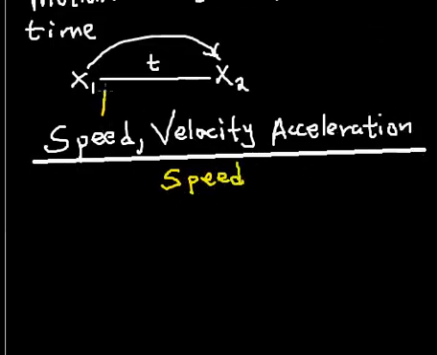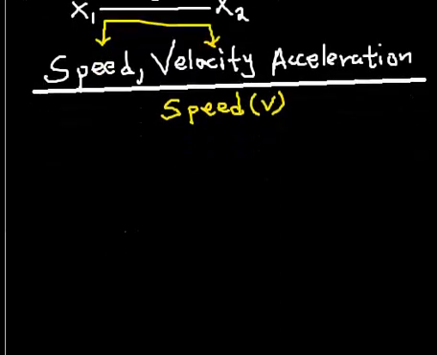Now, speed and velocity are similar. Of course, I'll tell you they are different, so I will be using v to describe it. Now, what is the speed of an object that is under motion? In layman's terms, you can say that speed describes how fast an object is, but physics describes speed